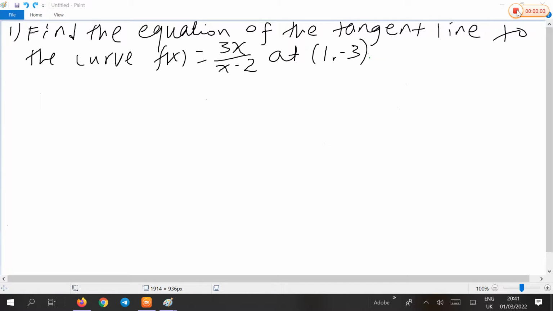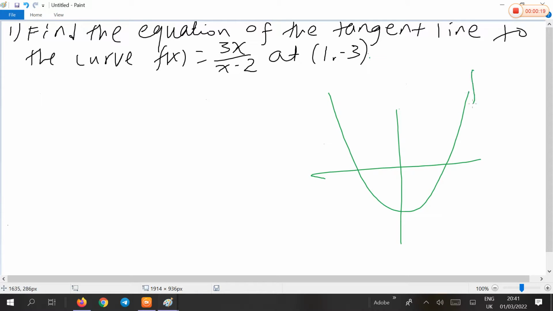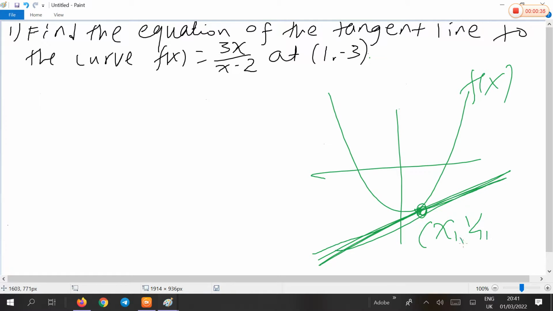Hello, in this video we'll try to find some derivatives of functions and the equation of a tangent line to a given curve. If you have a given curve f of x, there will be a line which touches the curve at exactly one point, and the line is called a tangent line. So if you have a tangent line, then we will have a point (x1, y1), which is the intersection of the line and the curve,